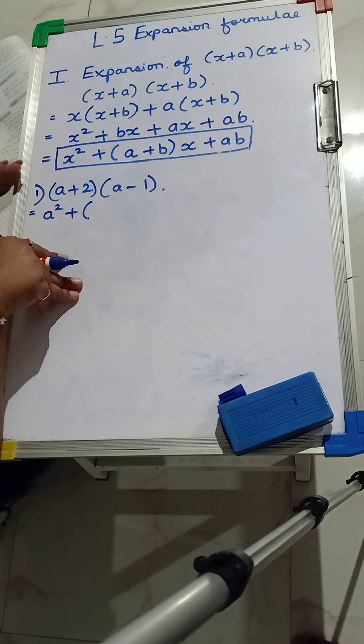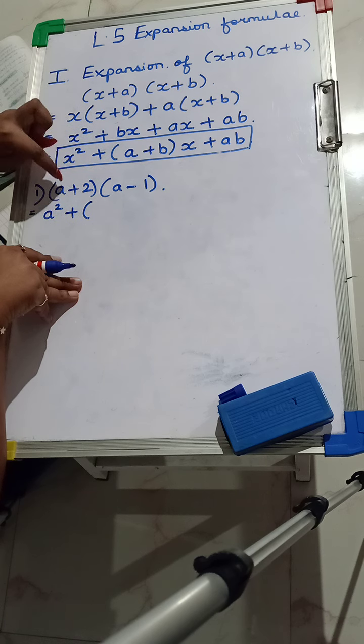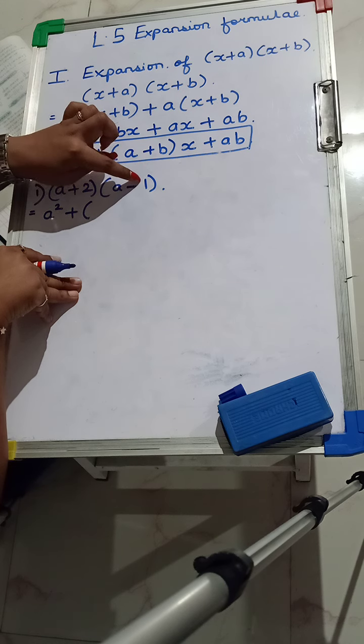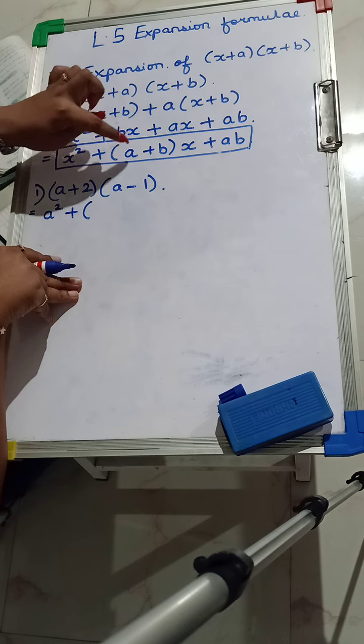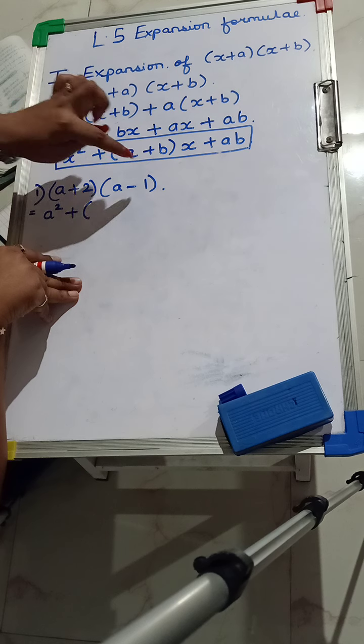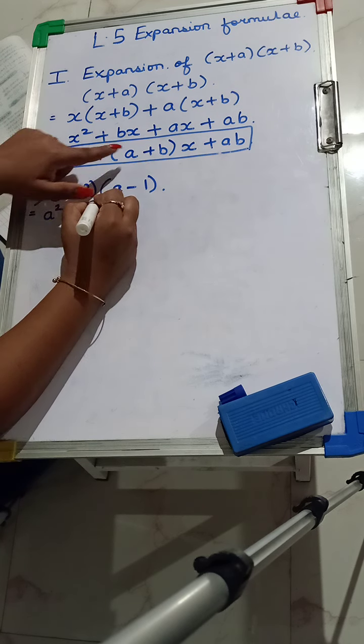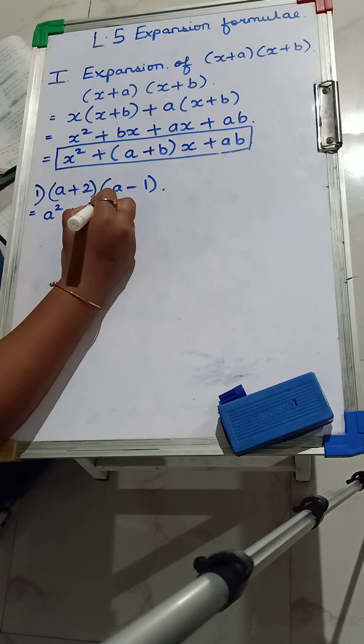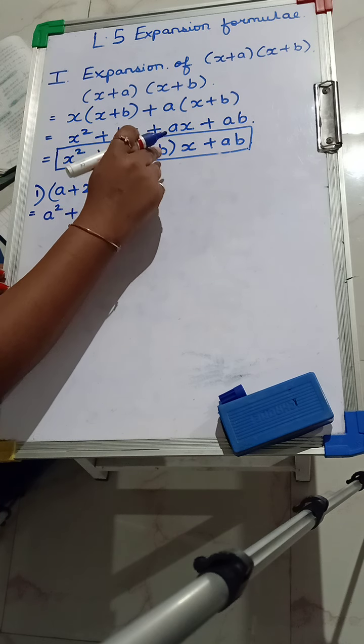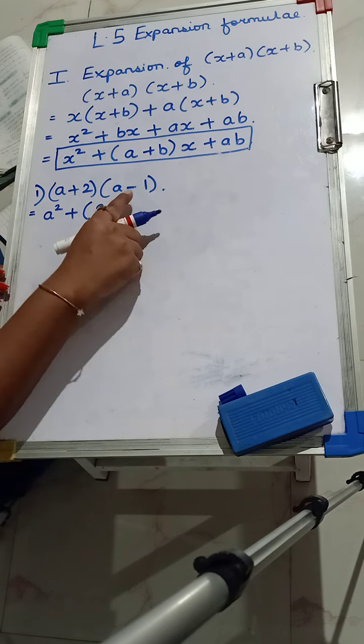Again, this is the first sum, so I'll tell you all in detail. This a and this a is our x. That is a, which is common for both the brackets. Here 2 is a and 1 here is b. That is a plus b, what we have. So this is a and this is ab. So a square plus a, a is 2, so 2 plus b. That is b we have to write.